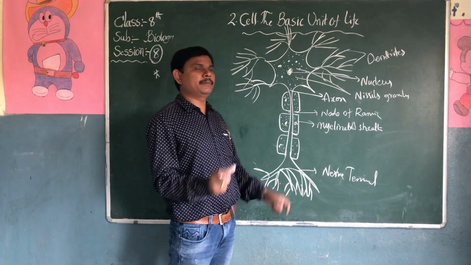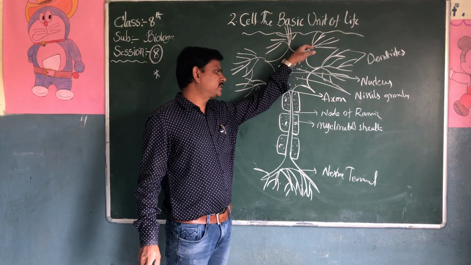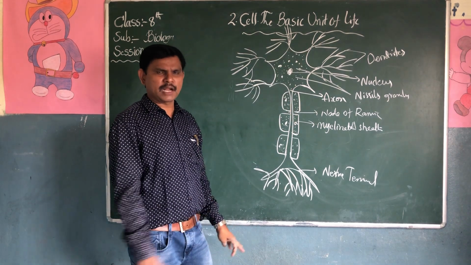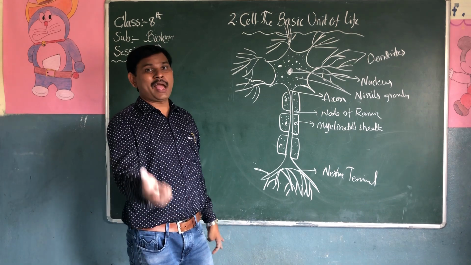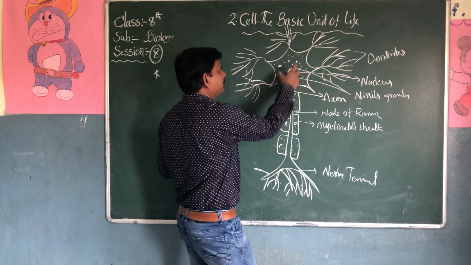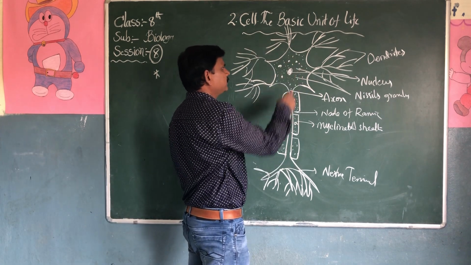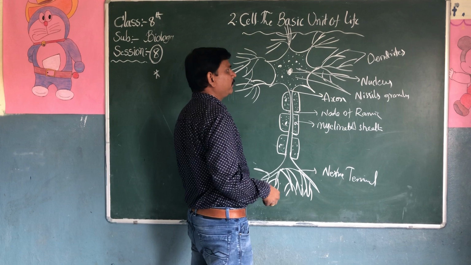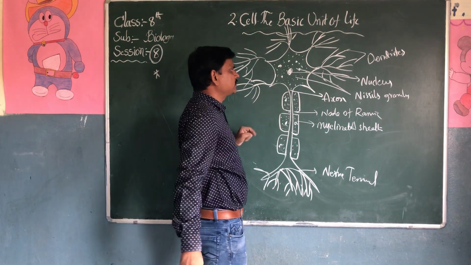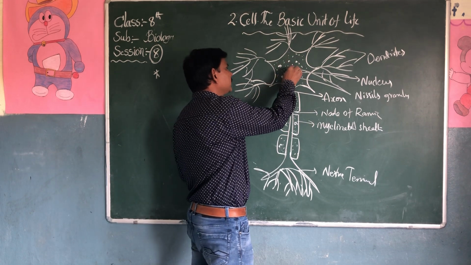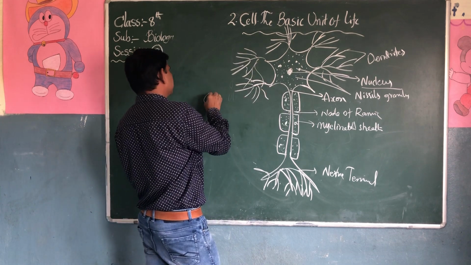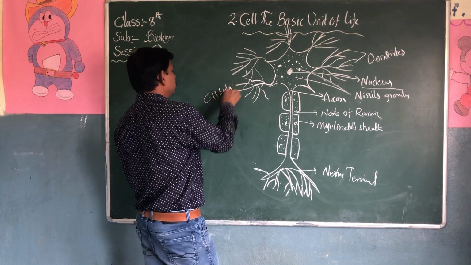It consists of 3 parts: dendrites, axon, nerve terminals. Explanation is not there in your textbook, though it comes again in higher classes. They have a cell body. In the center of the cell body, they have Nissl's granules, the small dark structures. Inside the center of the cell, the nucleus is present. So it is called a cell body.